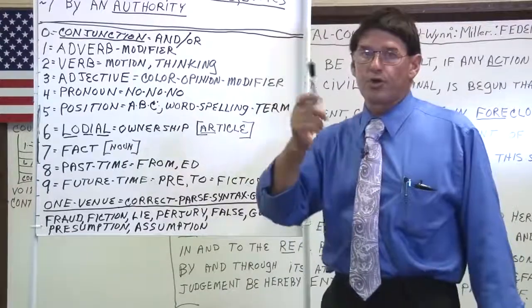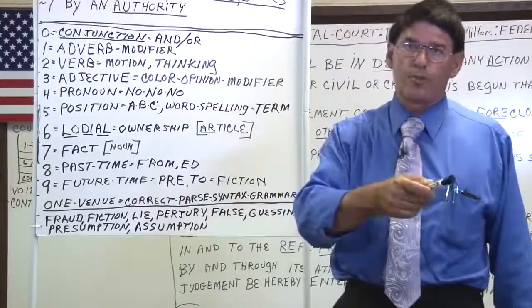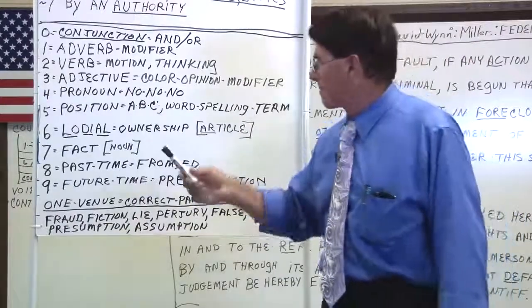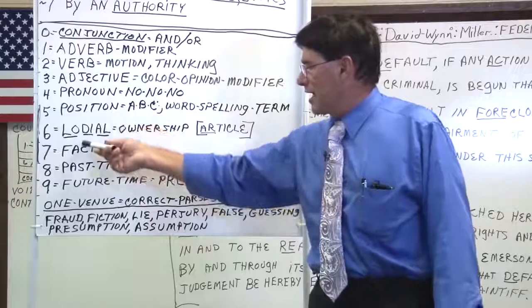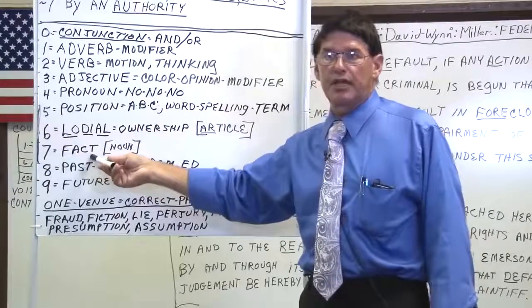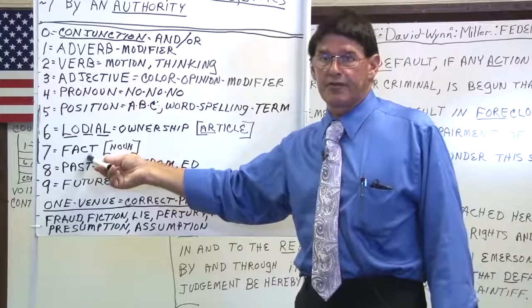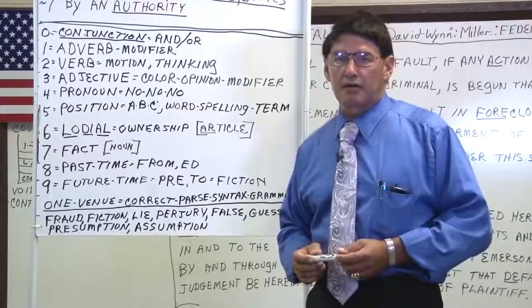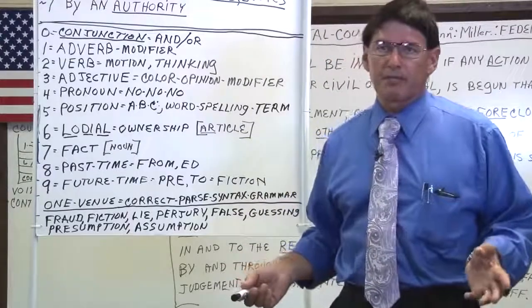If I say for your pen, for my pen, for her pen, for his pen, I'm changing the preposition, the position, and I'm also changing the ownership. So therefore, the fact is going to continue to change. I can do this 900 different ways because there are 68 prepositions and 38 articles. When you multiply those out, they come to 2,000.